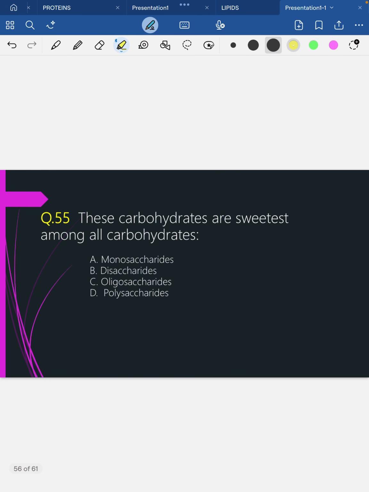The last MCQ, which carbohydrates are sweetest among all carbohydrates. Alpha